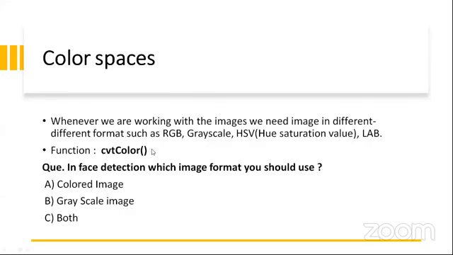But in our face recognition task, in which we are going to detect the person's name also, what type of image do you think we will use? Options are the same: A, B, and C. Now we are talking about face recognition, in which we also want to identify the person. So I can see A. Yeah, that's where the color matters. So that's the need of color spaces. We need to do the conversion.